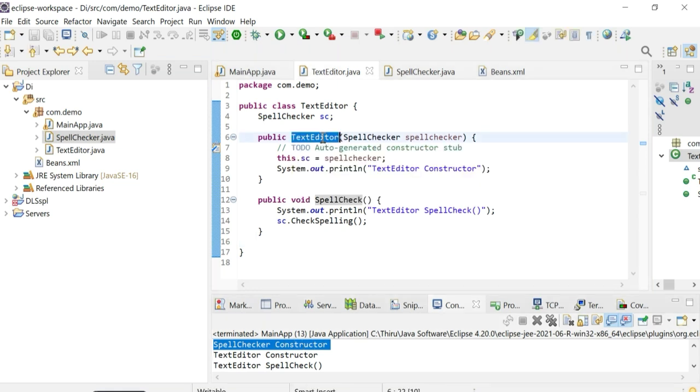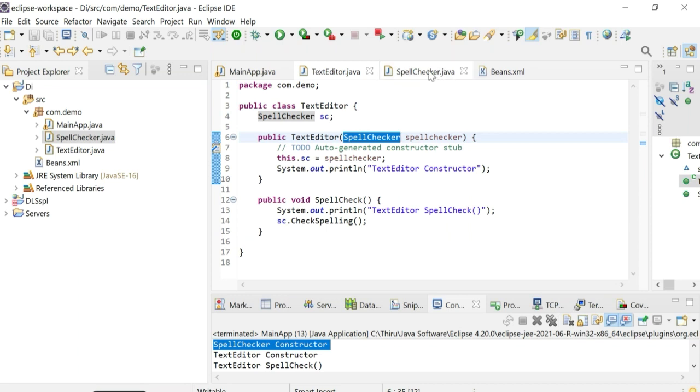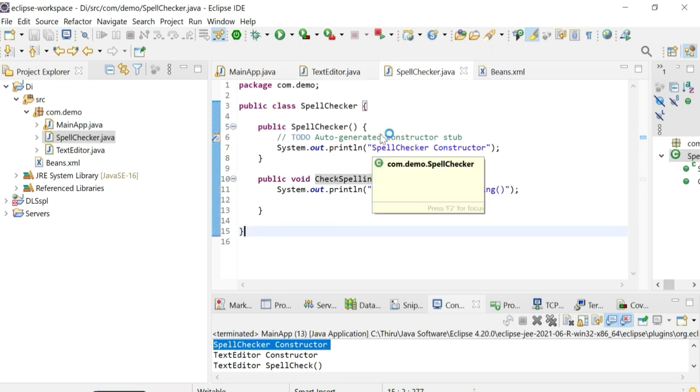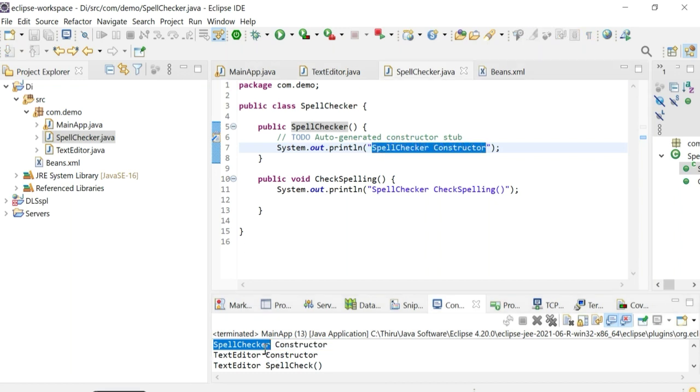When the text editor is initialized, the spell checker object is passed, and the spell checker object is created. So when the spell checker is created, the spell checker constructor is called. Within that we have one message, text spell checker constructor. That's the reason you can see spell checker constructor.